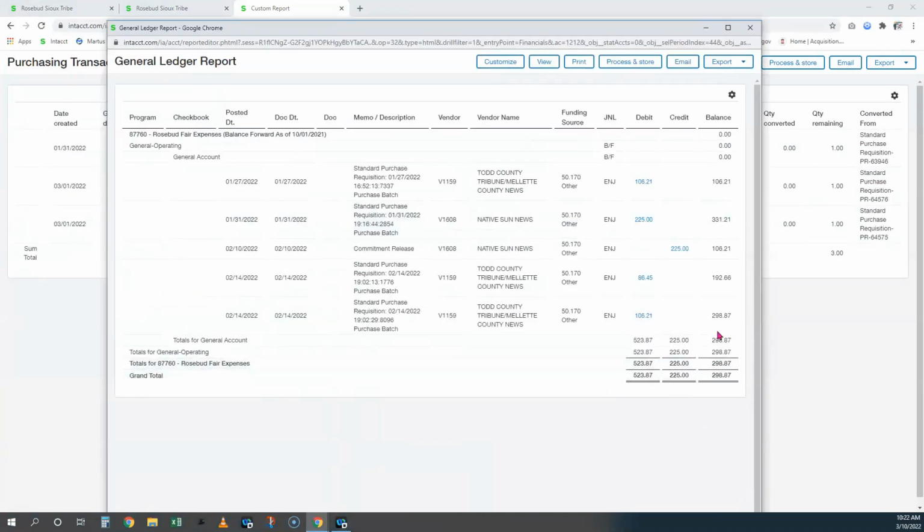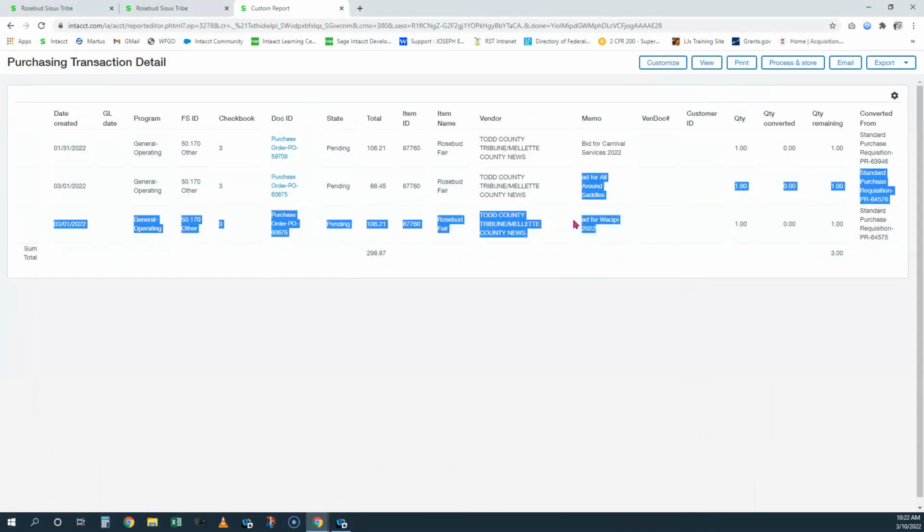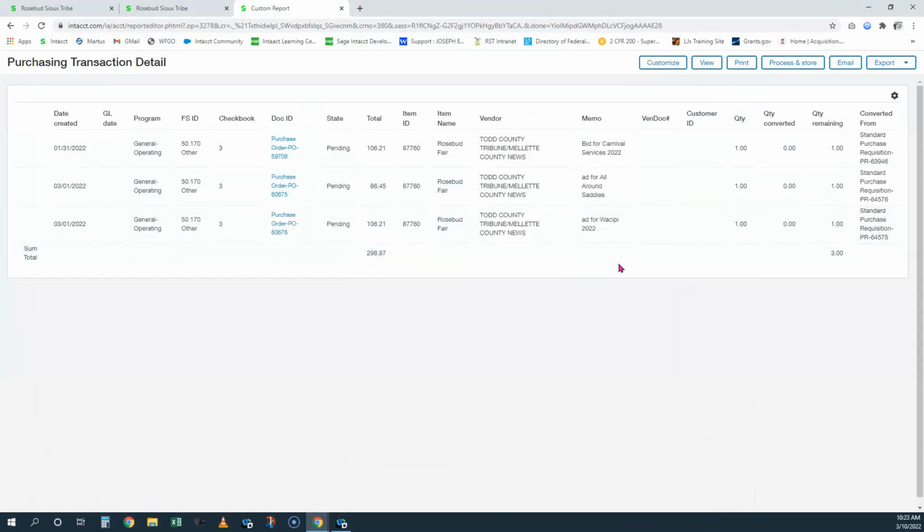There's that balance for $298.87. Here's the balance for $298.87. We can see the memo that was used, so this kind of gives us a heads up on what we have going here. These aren't older than 60 days past due, so we're not going to worry about having to close those. But now we have an idea of what those encumbrances were, that our open POs match our financial report, and we know to keep an eye on these to be looking for any of our invoices from